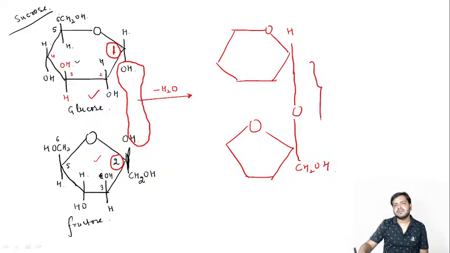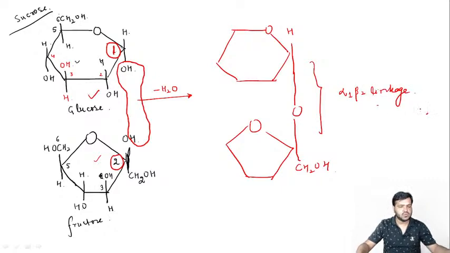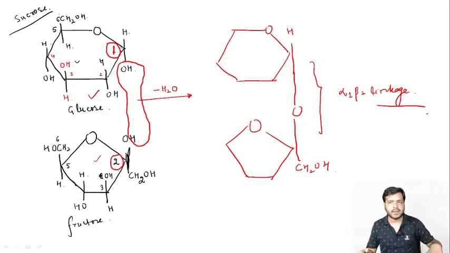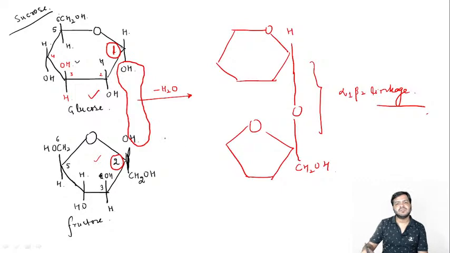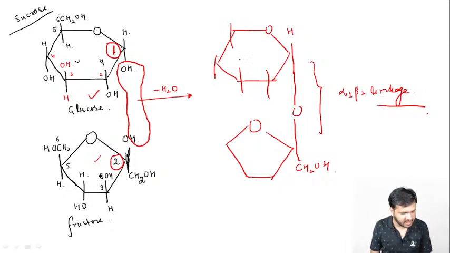And this bond is referred to as the alpha 1 beta 2 linkage, okay, alpha 1 beta 2 linkage. Basically fructose is in the beta form, that's why alpha 1 beta 2 linkage, and the same structure you have to just copy it over here, okay, and that is how a sucrose is formed. Okay, the oxygen bond, the glycosidic bond between the first carbon atom of the glucose and the second carbon atom of the fructose, okay. So yes,